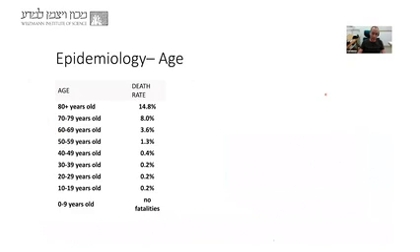Also, it is quite clear now that there is a very strong age relationship in the mortality rate of this virus. You can see that it's much more severe for older people. And when we talk about young adults or kids, we see a very low mortality rate. This is very untypical. It's not something that we're used to. If you compare that to flu, for example, in flu we also see higher mortality rates for the younger group of people, for young kids.